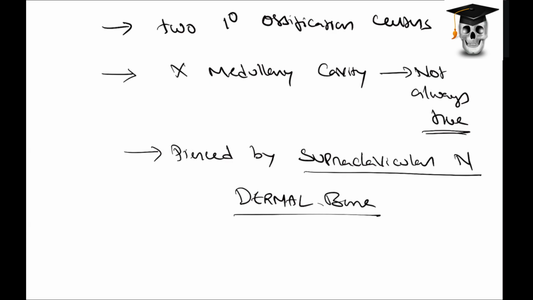Is that all okay? Now continuing these uniquenesses, I told you this is the bone which receives the upper limb weight via its lateral one third. So the entire upper limb weight is received by the lateral one third of the clavicle, and this entire weight is transmitted via the clavicle to your sternum and thereby to the axial skeleton. So via the lateral one third, the entire upper limb weight is received, and via the medial one third, the weight is transmitted to the axial skeleton. Is that all fine? No problem. So those are the seven peculiarities that we have seen.